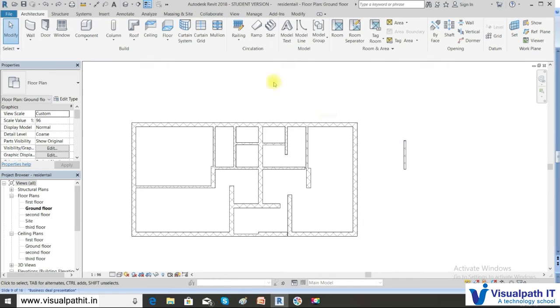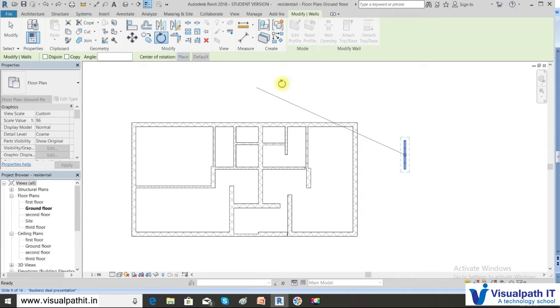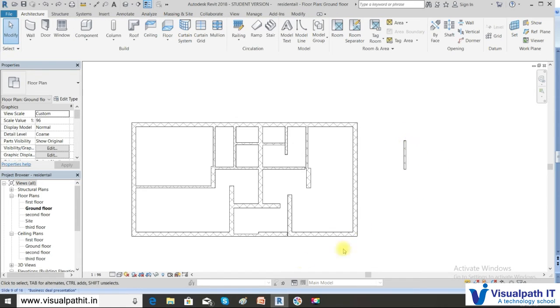Once again, let me just do it. Say rotate. Here we'll say rotate. Place the center of rotation. So I am placing it here. Now you can see that whenever I click, the place has changed, and now you can select the option to rotate and change the orientation of the element. So in this way the rotate will happen.